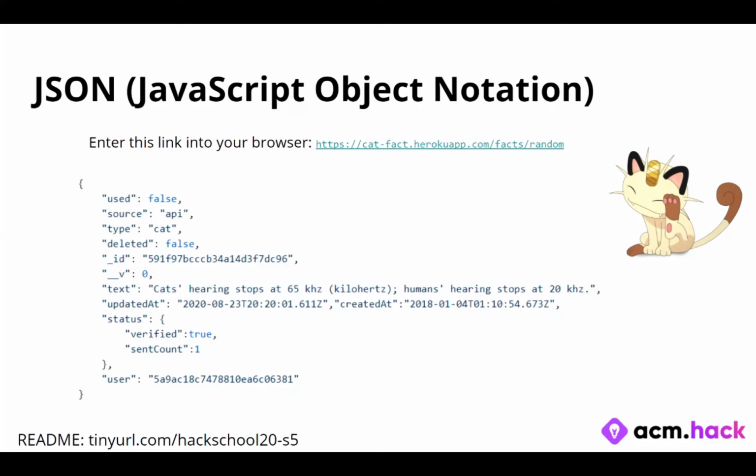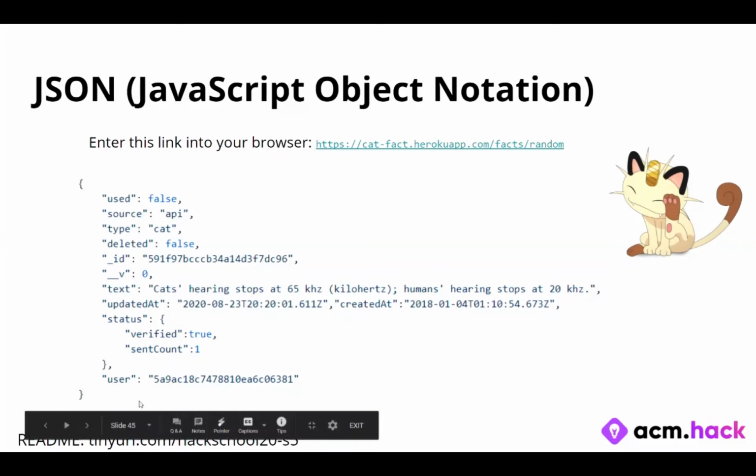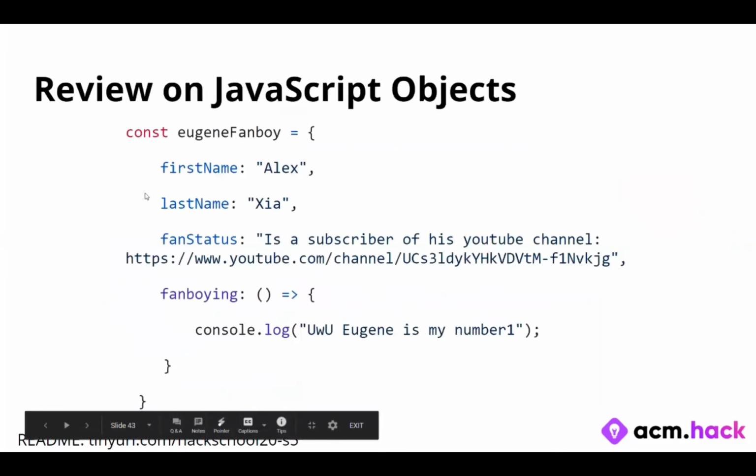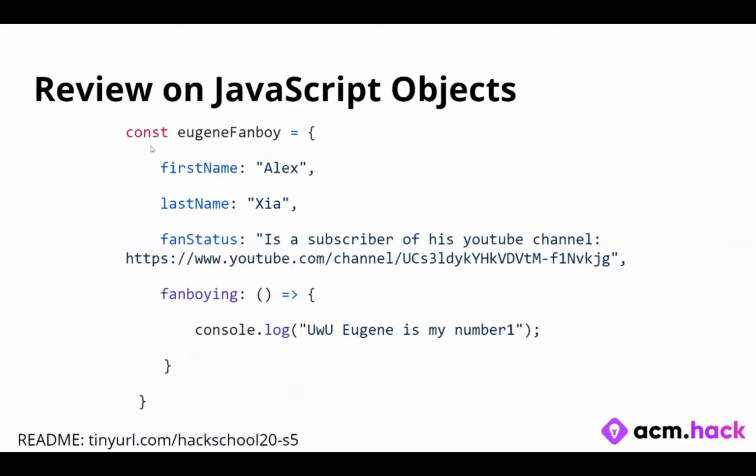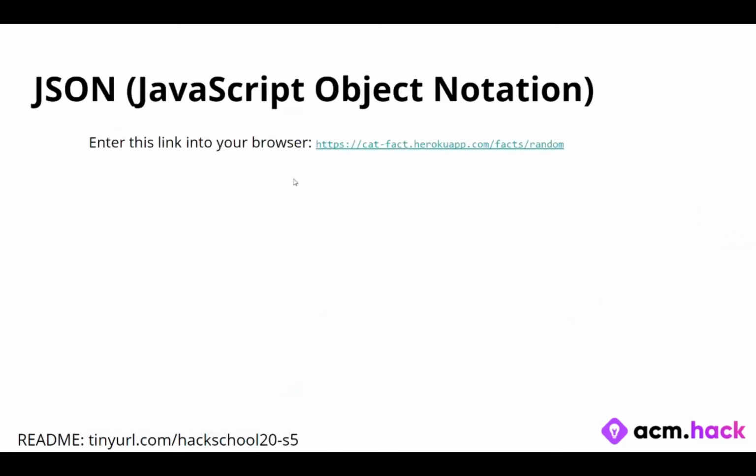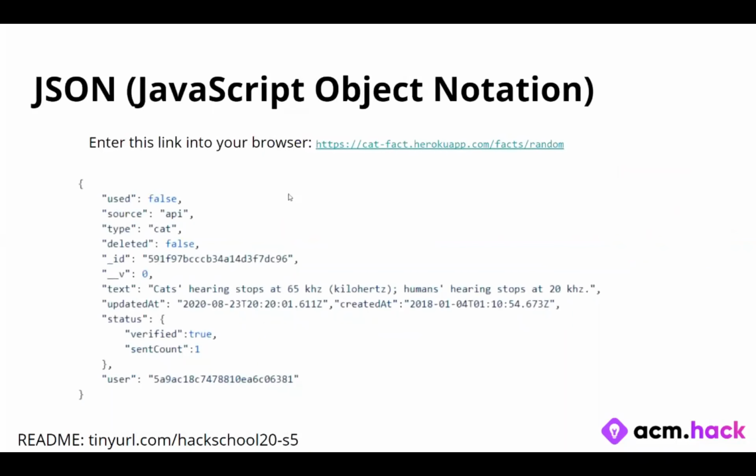So how do we interpret a JSON file? We interpret a JSON file by converting it into JavaScript objects. And if you look at these two things, JSON and JavaScript objects, they look so similar, right? It's just they have a key thing here and a value thing here. They look very similar, but they're slightly different, but there's a very easy way of converting it. And we'll see that later.